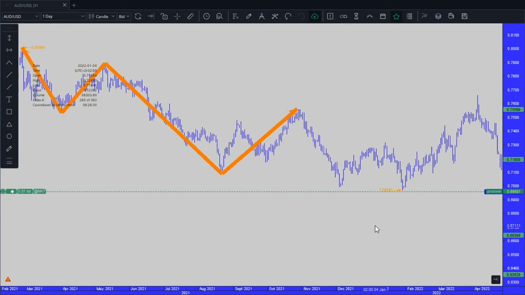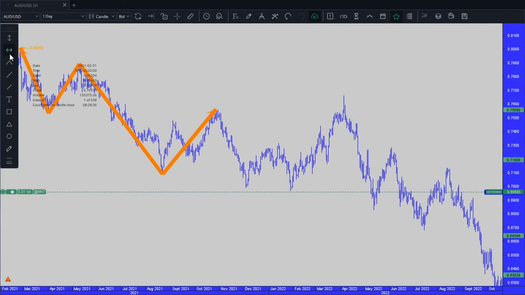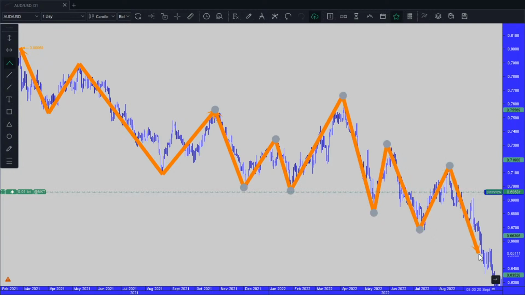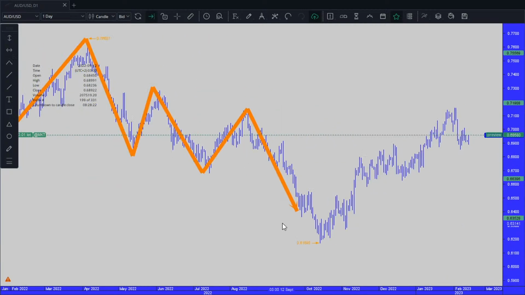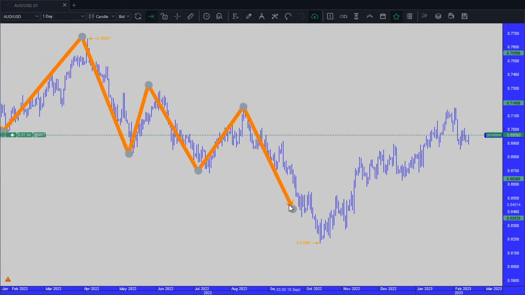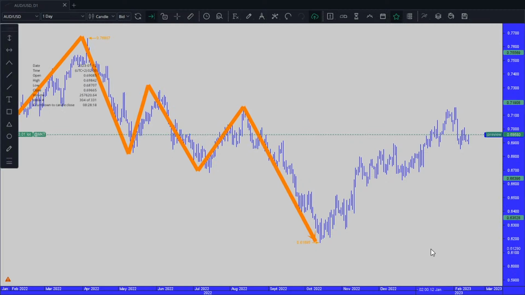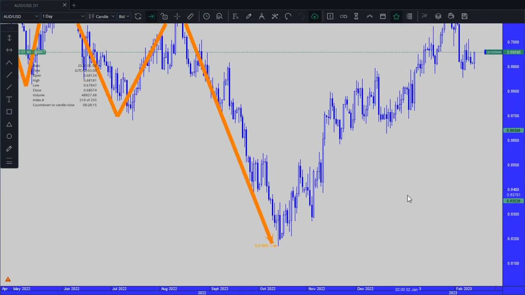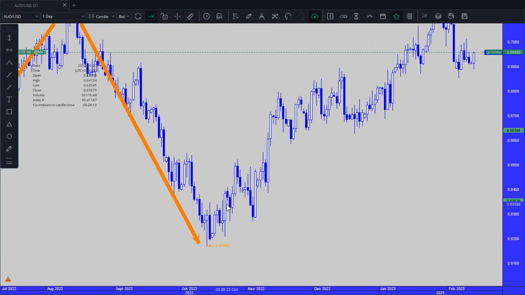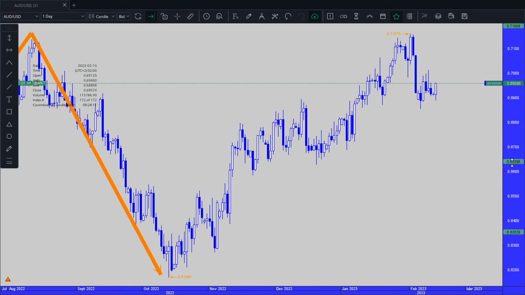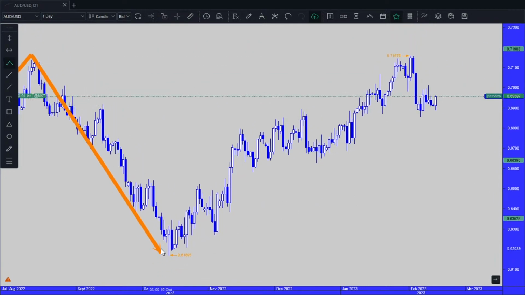retracement, retracement, down extension, retracement, down extension, false breakout, everybody. Down extension, retracement, down extension, retracement, down extension, down extension. And hard highs, hard lows, hard highs, hard lows, hard highs, hard lows, hard highs, hard lows. Up extension.